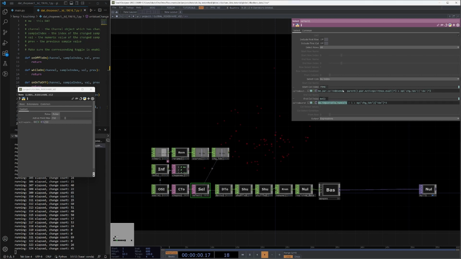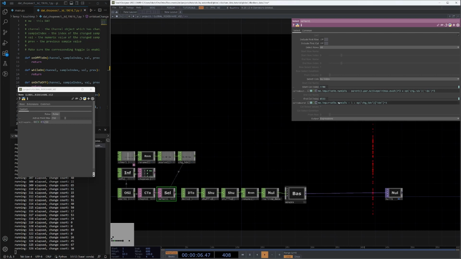And that's fine. Well, I definitely need to be using this input table .num calls instead of this end so that